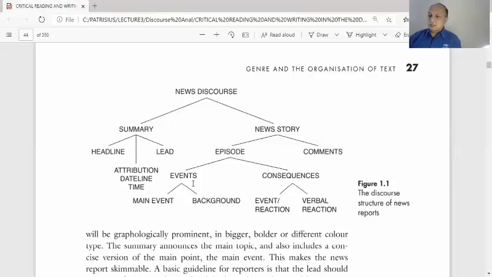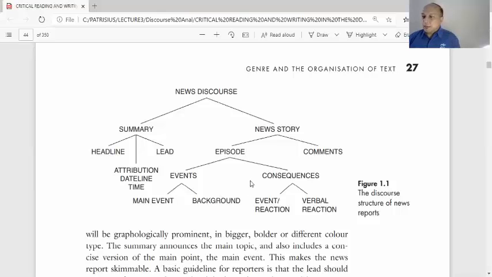So when you look at a piece of news, you focus your attention on here because this is the main part. This is the core of the news. This is the core of the discourse. The main event is presented against the background. Main event is something which is very new, which makes the news, which is the core, the essence, the most important information in the text. And the background is information which you have already been familiar with, which you have already known.